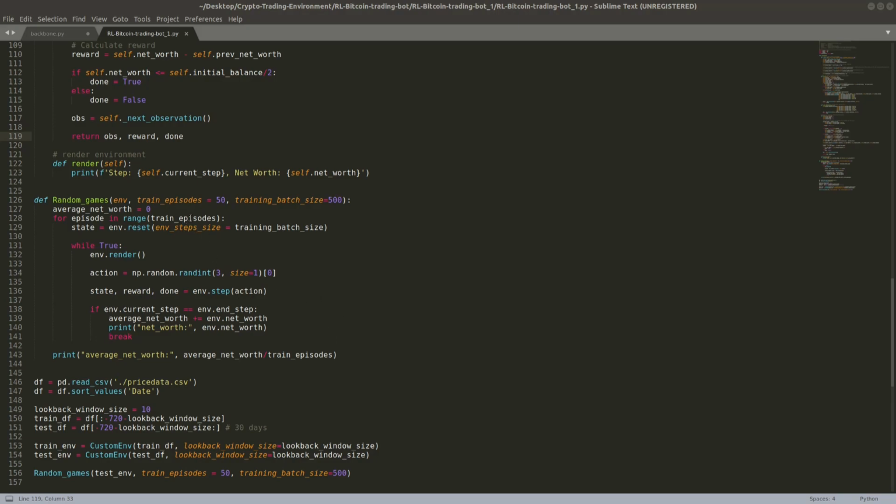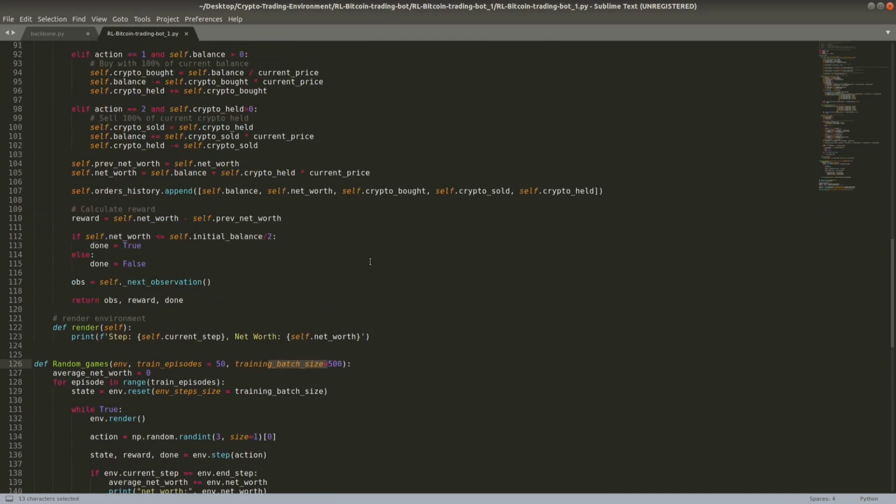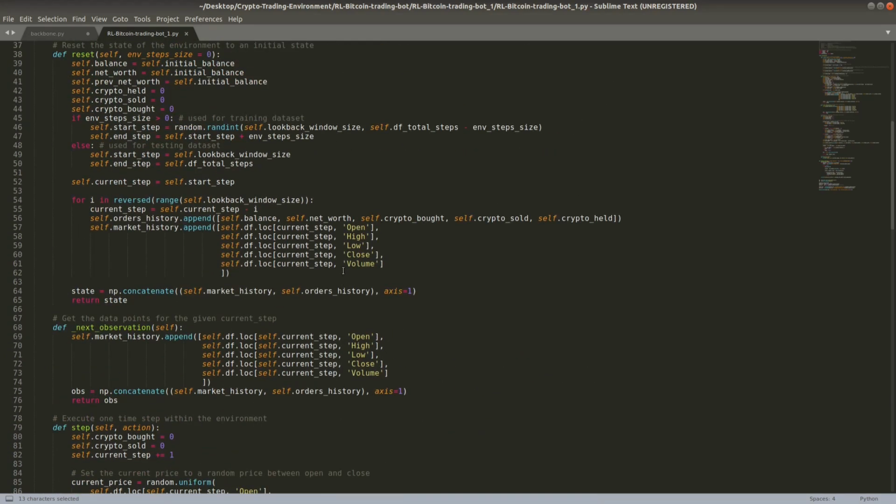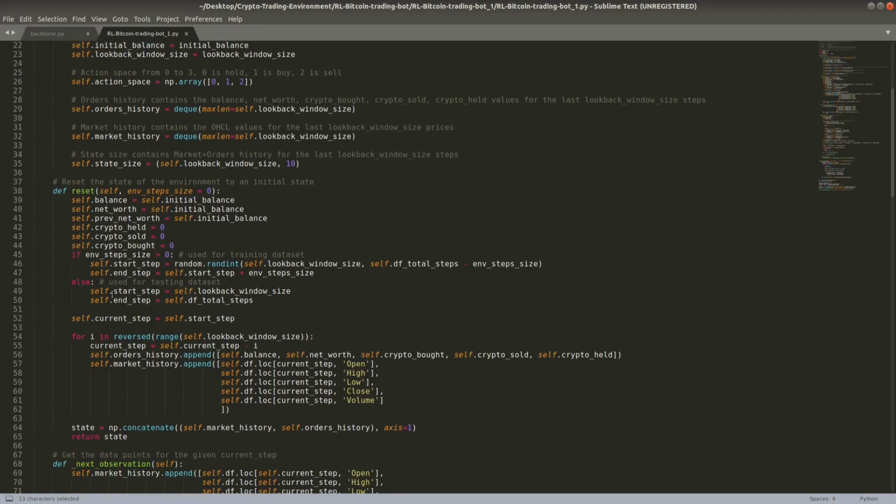And this is a simple tutorial where I run for train episodes. It's 15 episodes as default, and here we simply reset every environment, which consists of 500 batches. And this is the main idea why I implemented this here in this strange manner. And this is used for training, and this is used for the testing dataset, because when we are training our agent,